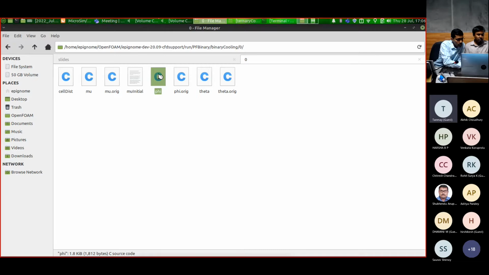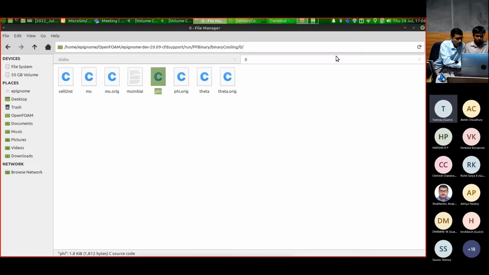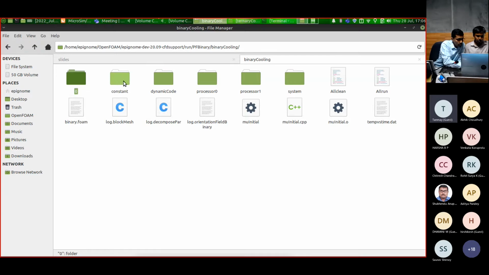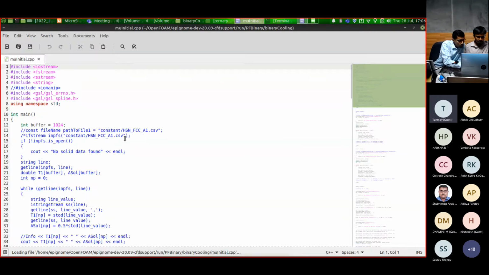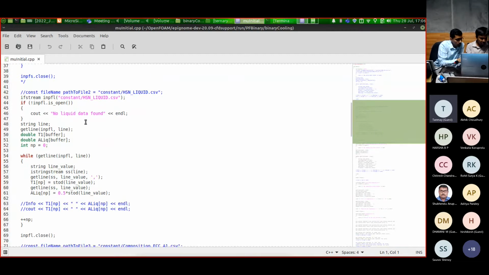For the initial files, you might not have to make any changes, and then depending on what thermodynamic database or alloy system you have, you will have to make some changes in this mu initial file. Here you have to mention the correct paths and file names. As you can see, we are going to calculate the initial mu from the C++ script,